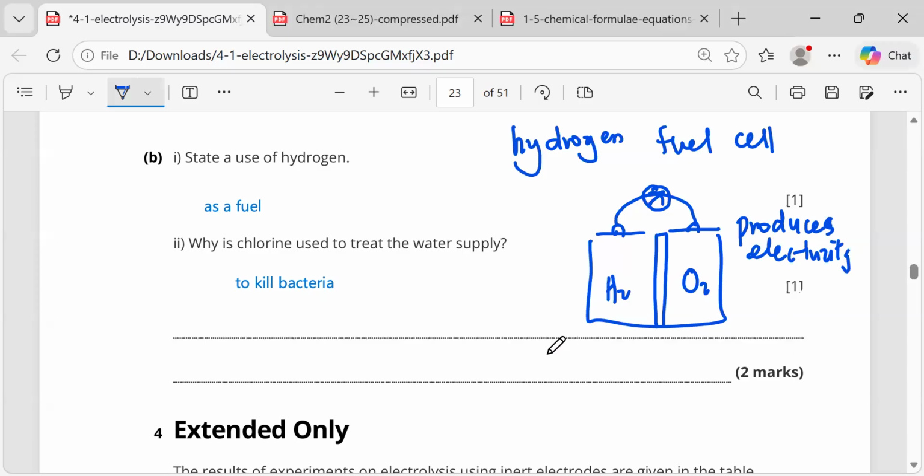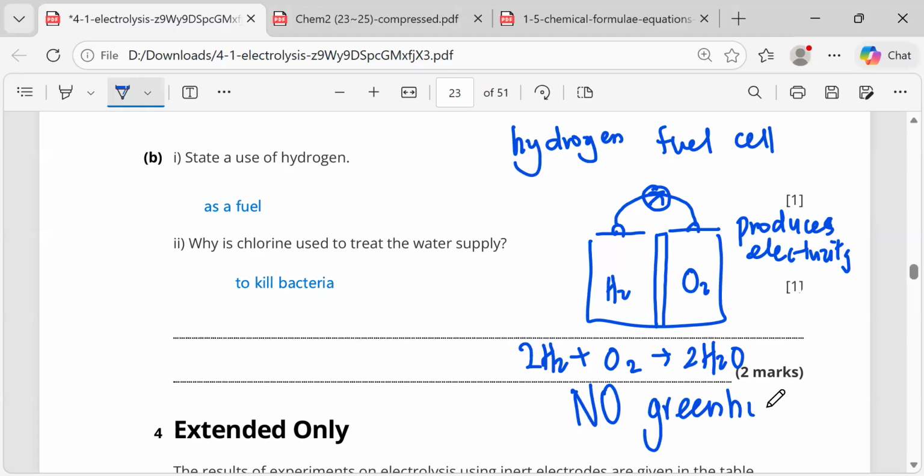The equation is like this. But there is no greenhouse gas produced, so it's a good thing. So hydrogen is used as a fuel. But why don't we use more of this? It's difficult to